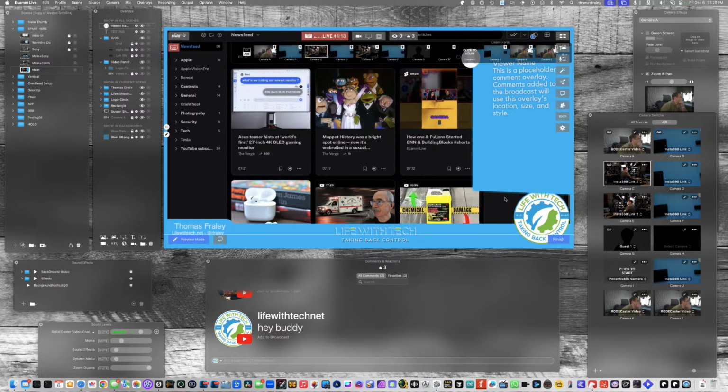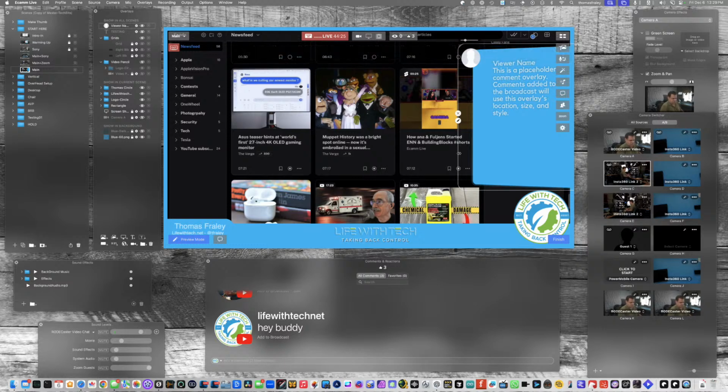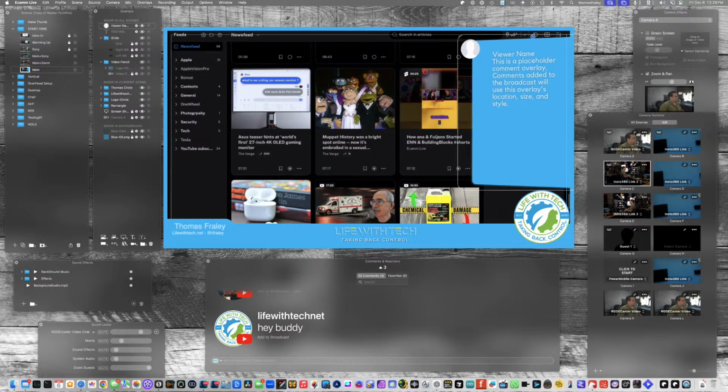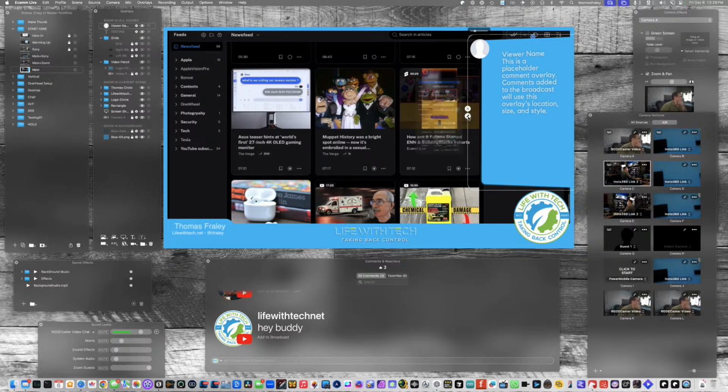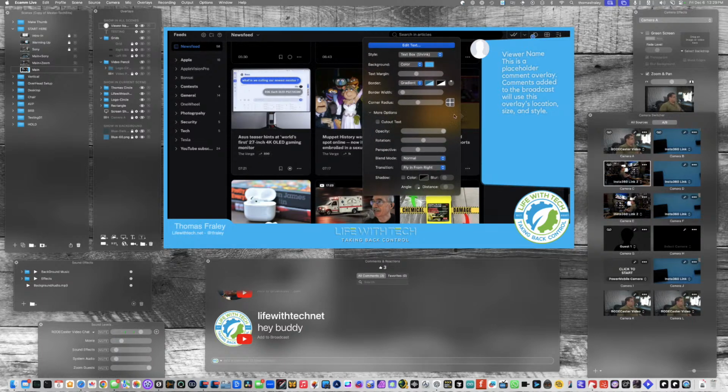That's what I'm thinking. Let me hide the extra stuff. Maybe get rid of some of the border in there. Is there border width? No, that's